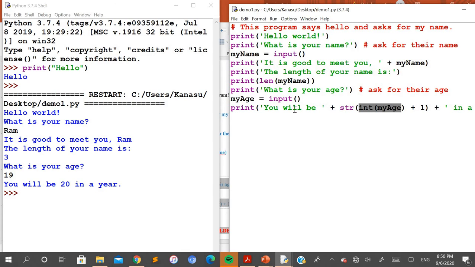Later on, I again want to concatenate with the two strings. That's why I need the type conversion to a string here. Once the addition operation is performed, I want to convert it back to a string. So one more type conversion is used here, which is str of that integer value. So first the string my age is converted to an integer. Then the total value from the addition of one is converted back to a string here. So that is in total displayed as "You will be 20 in a year."